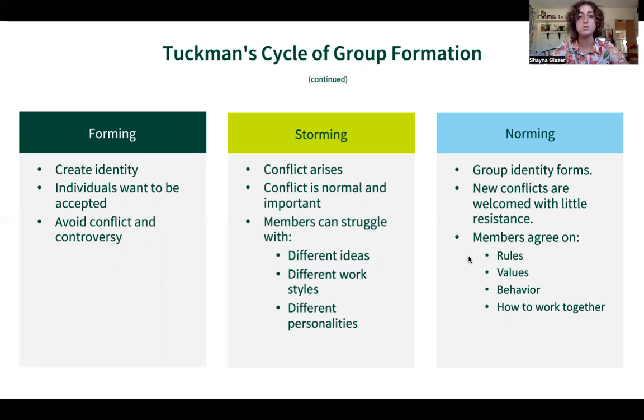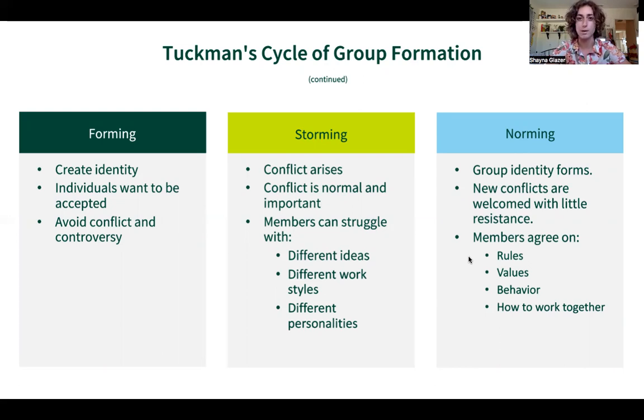The second phase is storming. It's the period of time when conflicts really begin to surface in a group. What's very amazing about recognizing there's a storming phase is that we can accept and understand that conflict is just a part of life. In the storming phase, we can see that differences in ideas, work ethics, styles, and personalities can clash, which